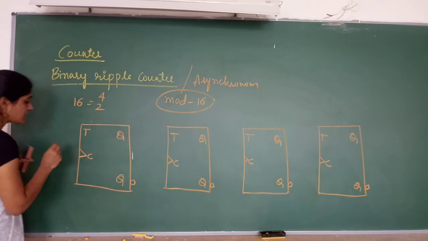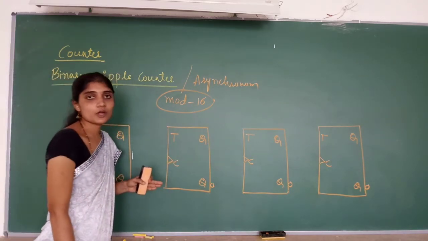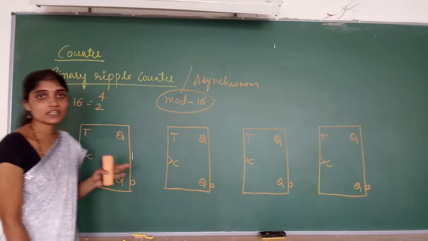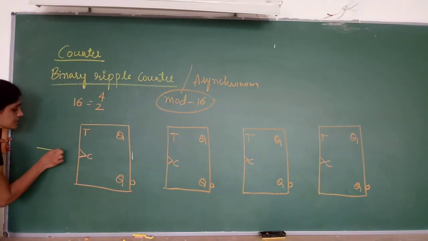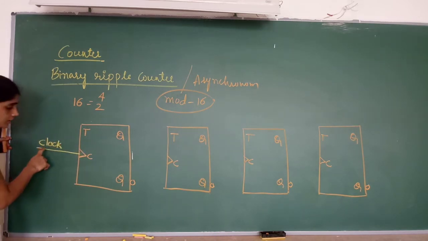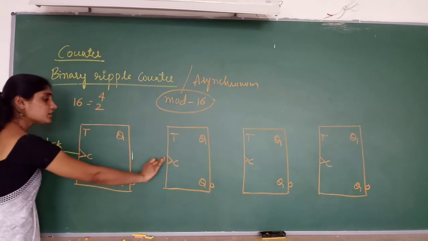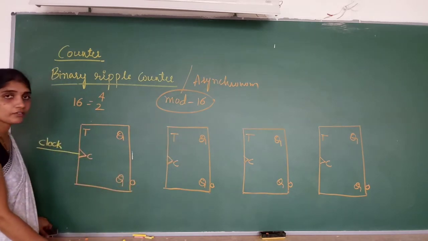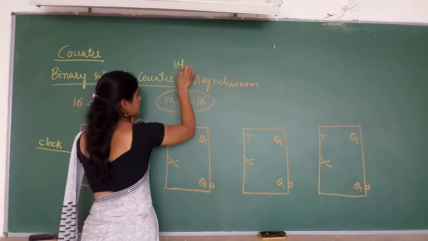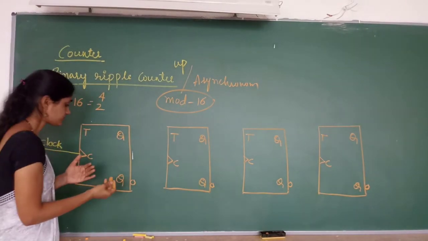Okay, so now, asynchronous counter. Asynchronous means the clock is not given directly to all the T flip-flops. In a single pulse, all the 4 T flip-flops will not respond. Instead, the clock pulse is given directly only to the first T flip-flop. What is the clock pulse for the remaining 3 flip-flops? For the binary ripple counter, this is a binary ripple up counter we are designing, counting up from 000 to 111.